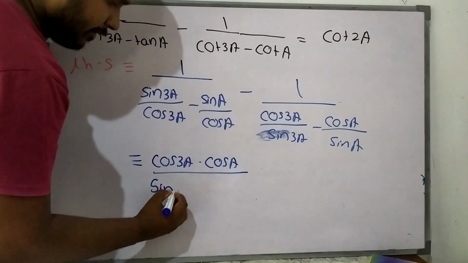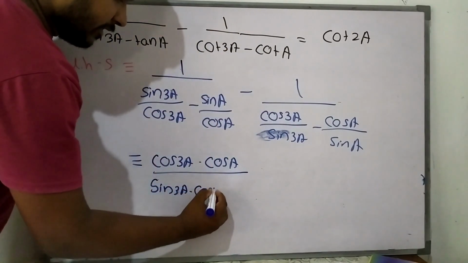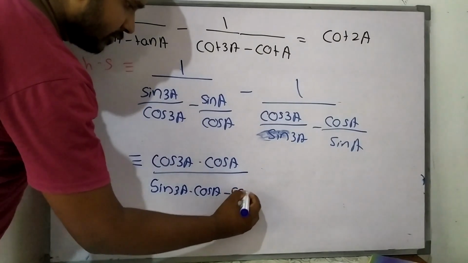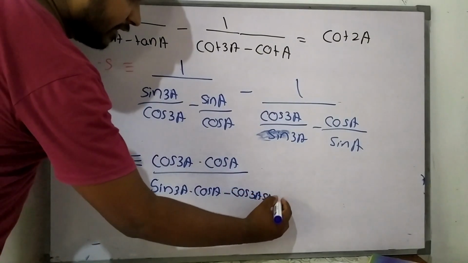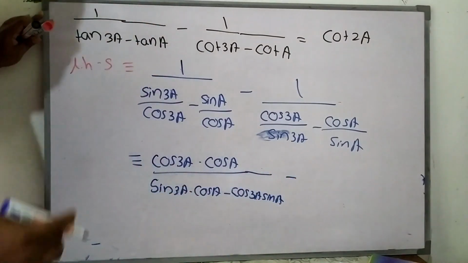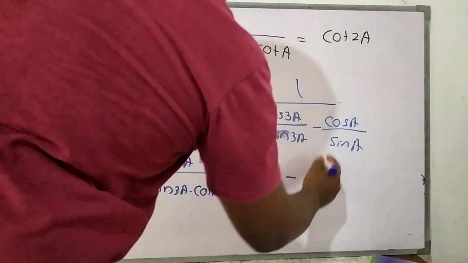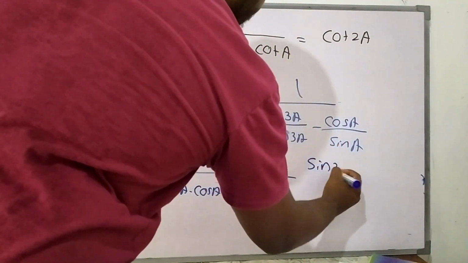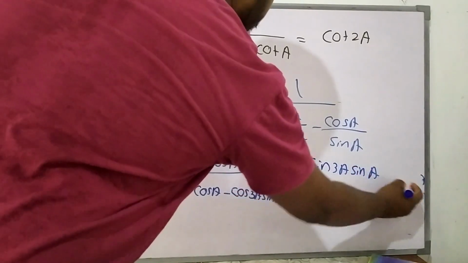This is sine 3A cos A minus cos 3A sine A, and take a common denominator again, then sine 3A sine A over